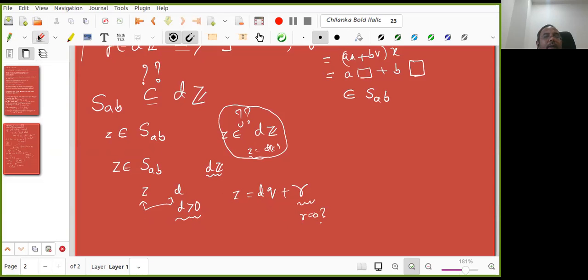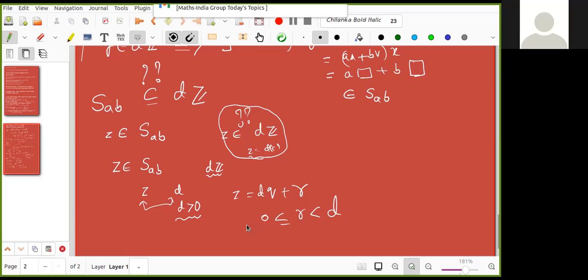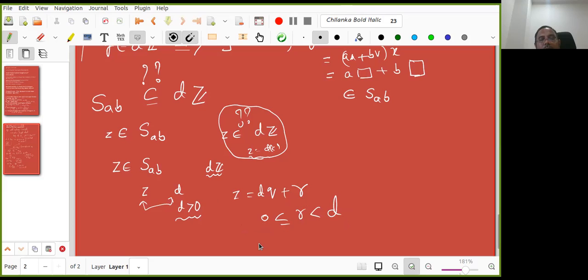Right? But the division algorithm is not just this much. It is more. What is that? 0 is less than or equal to R, which is less than D. No modulus because D is positive. So this much is okay, Achila? Yes, sir. Now tell me how can you do it now? We now show that R is equal to 0. Very good. So I need to show that R is equal to 0. But how do you show that R equals 0? Yes, that is the question.